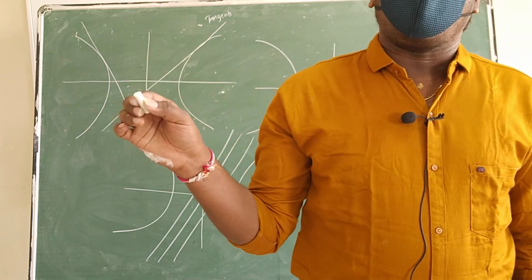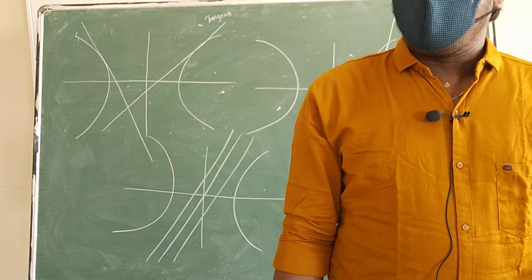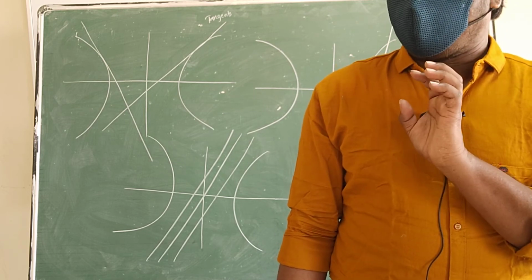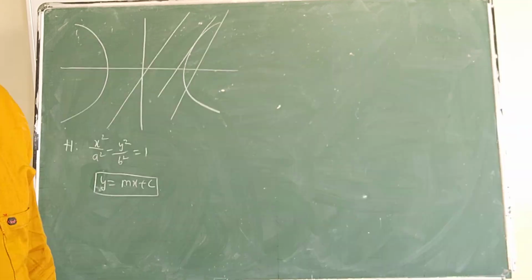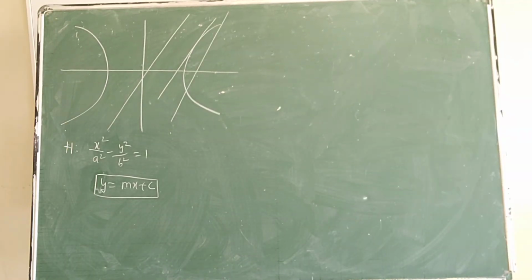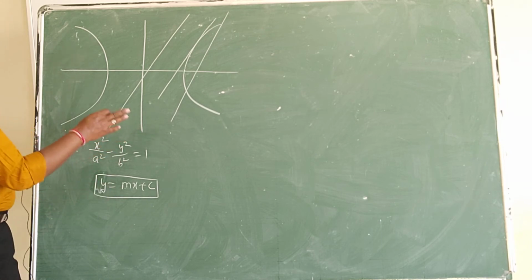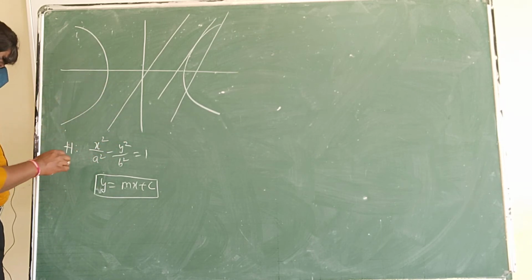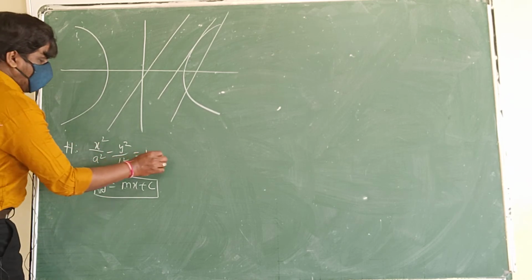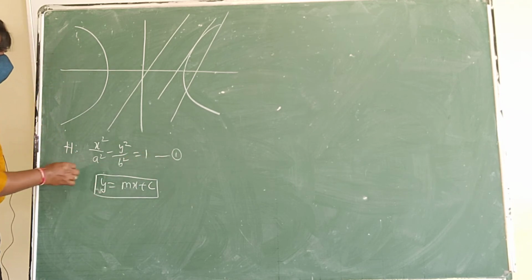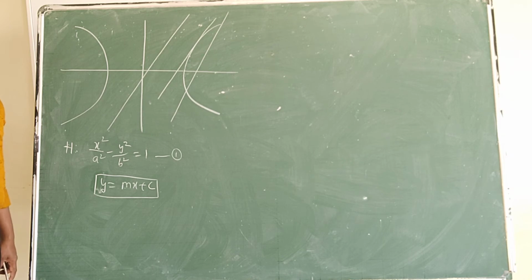The proofs I have already discussed in the ellipse, the same proof will be here. Please note down this point, I will explain. For this hyperbola, I told you lines can intersect, touch, or neither. This is a hyperbola, x square by a square minus y square by b square equal to 1. And we have a line which has a given slope. We are finding the tangent equation for the given slope. Remember it, this is an important topic.